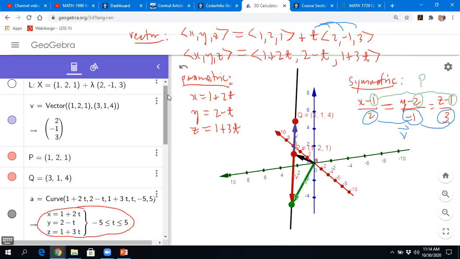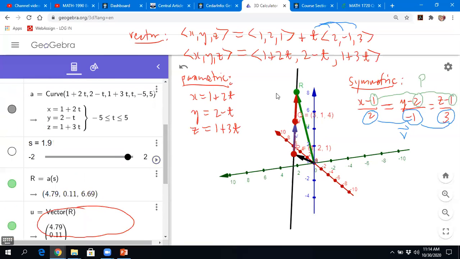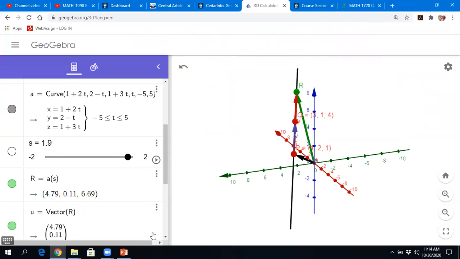Okay, any questions on that? Questions? I'm going to pause this thing here. Let's see. Doesn't slow down the machine. Okay. All right, let's go back